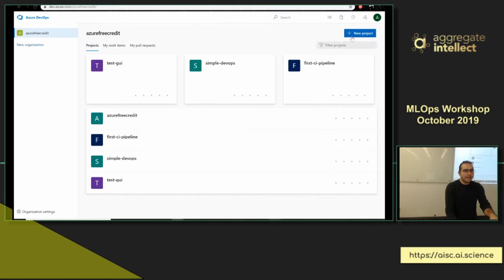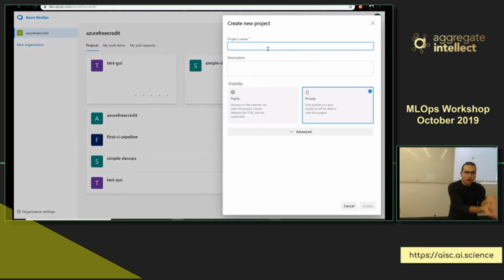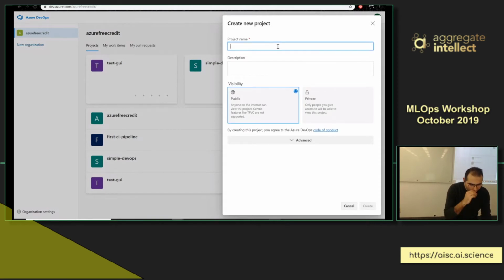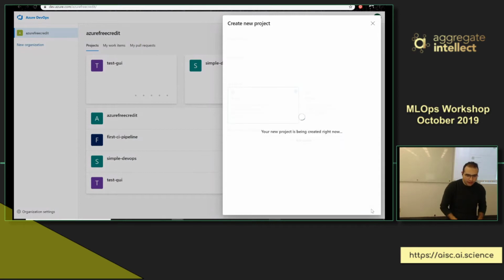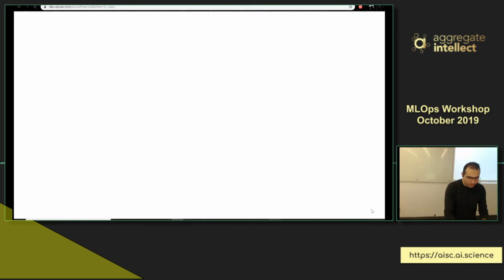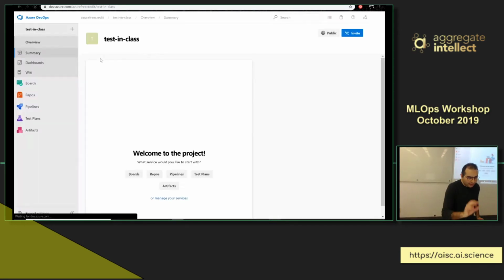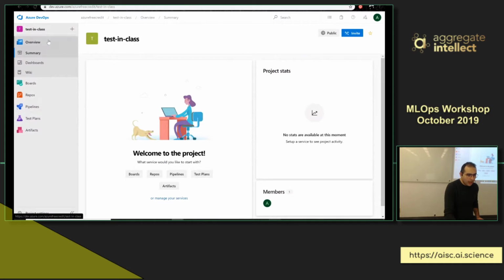Awesome. So when you go to dev.azure.com, I want to create a new project. Again, the steps are provided within the deck, but also you can search. There are so many examples of how you can do that. I want to create a public project within my Azure DevOps and call it test in class. Don't change anything and hit create. Okay. So now, once I'm in the portal, I need to go to the pipelines here,